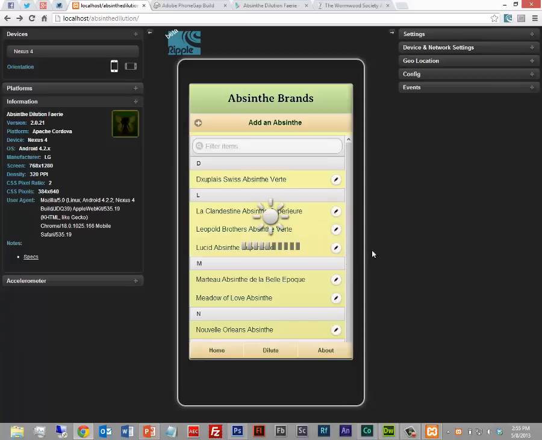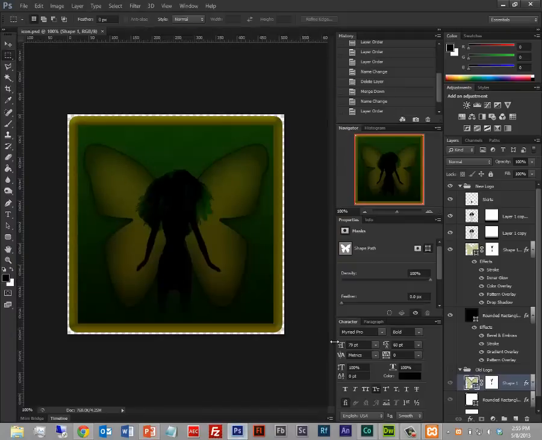So the artwork itself, oh shoot, I didn't go through my Photoshop file. Since it's the creativity conference, I wasn't actually going to do Photoshop, but here we go. Most of the artwork is using Adobe Edge Web Fonts to bring the fonts down, and I'm also using, as I mentioned, ThemeRoller from jQuery to color it. The only real other pieces of artwork: I've got my company logo on there, I've got the Wormwood Society logo on there, and I have this logo.